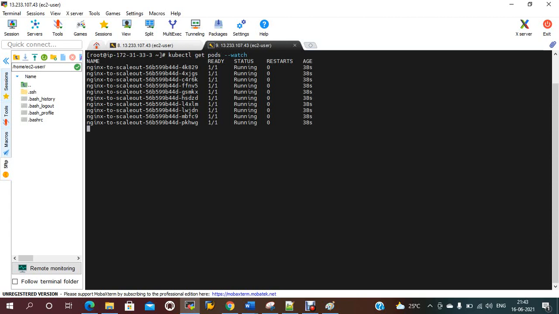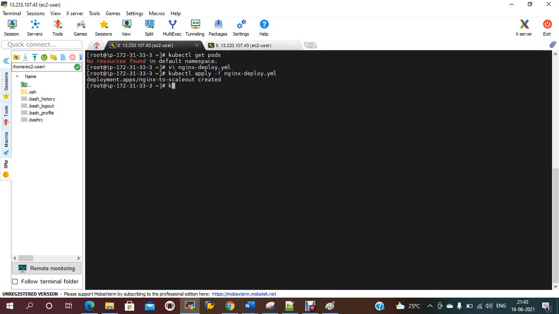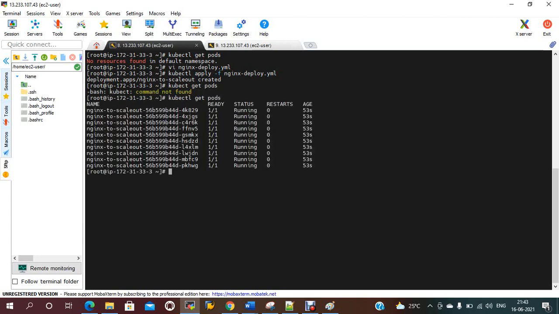See, currently 10 pods are running. kubectl get pods. So I have 10 pods running.